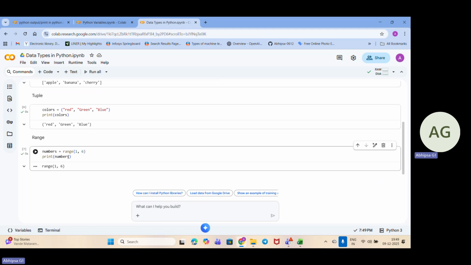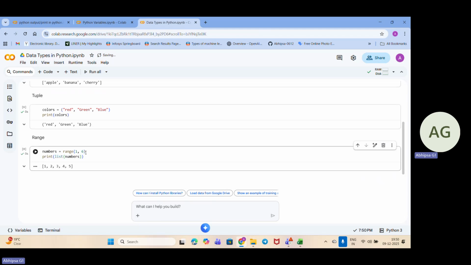It gives me 1 to 6 because I have used the range 1 to 6. Now I want it from 1 to 5. In that case, I'll use list over here, because I want to store it in a list, and here I'll give the parentheses. So now it will give me the values 1, 2, 3, 4, 5.